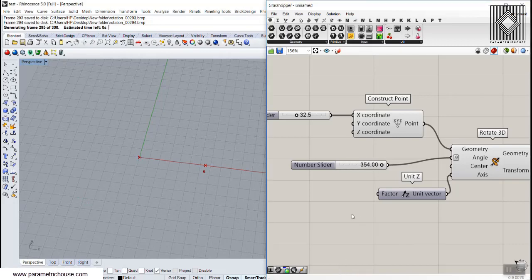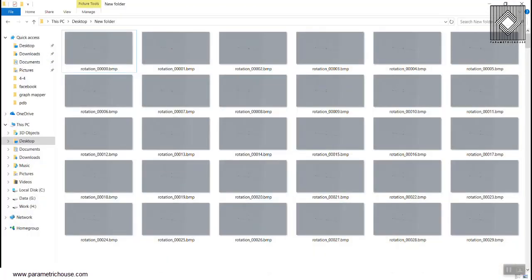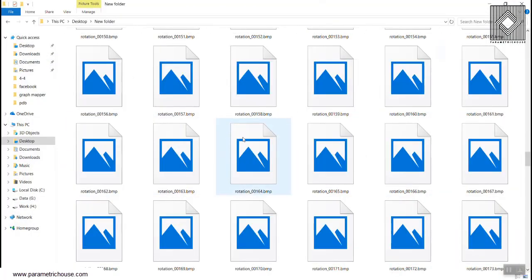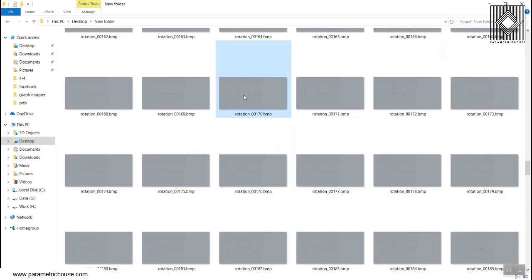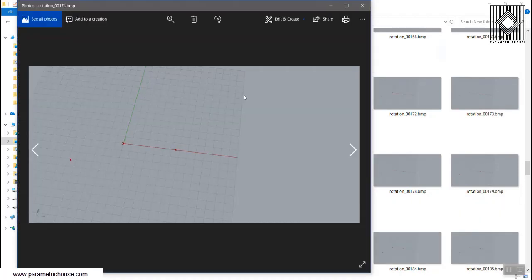Okay, so we reached the end and we had 300 frames from the rotation, and now you can see we have all the frames and all the pictures here. You can check this out. You can see each frame increasing, and you can easily assemble these pictures in a software and make an animation if you want.